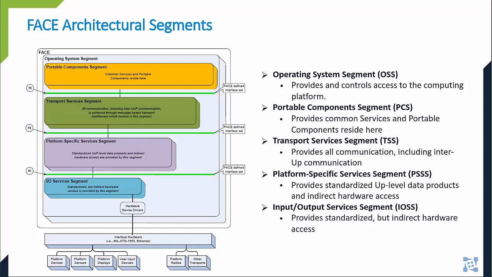Now, the platform-specific services segment is comprised of three subsegments: device, common, and graphic services. They provide services such as management of data and translation, logging services, streaming media, health monitoring, graphics processing, and much more. An example of a UOP is Honeywell's device driver to convert raw 1553 data messages into a FACE data